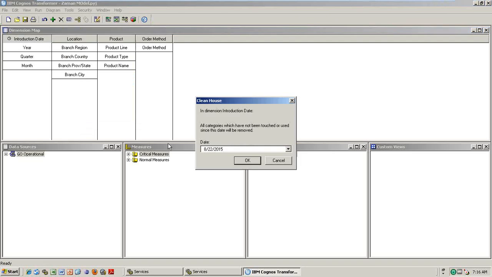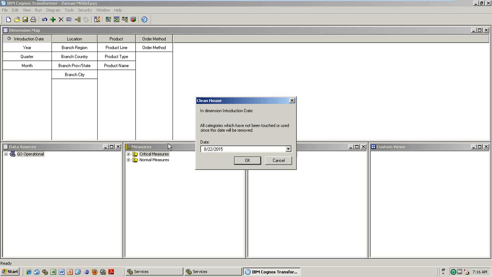In real time we will never use this option, because if I'm deleting production data, it may be gone. That means once you rebuild the cube again, it will go and hit the database. If the Spain data is already there, it will take it. That's a different case. But I don't want to delete any categories from the transformer cube which already exist.